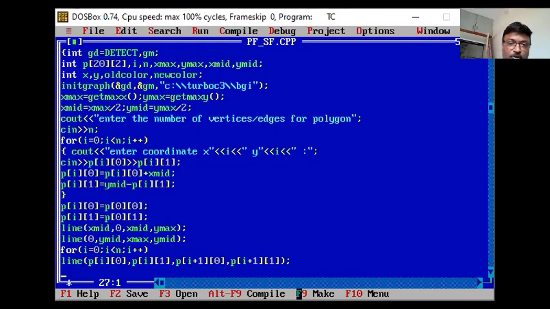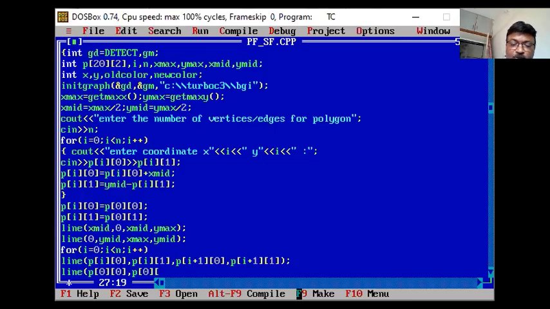Now, because I have not used the opening and closing curly brackets, this is a single line statement. Once that is completed, then you have to draw the last line, P of 0, 0, comma P of 0, 1.